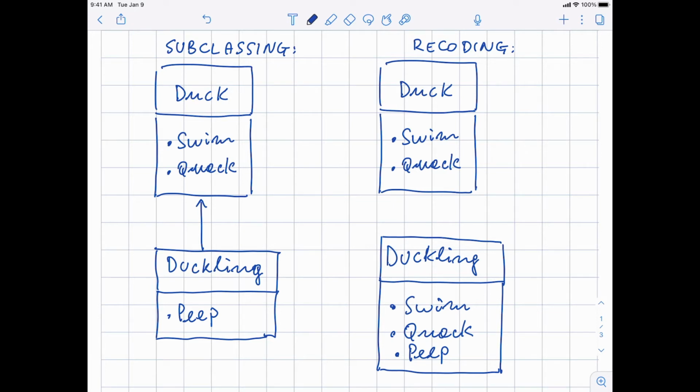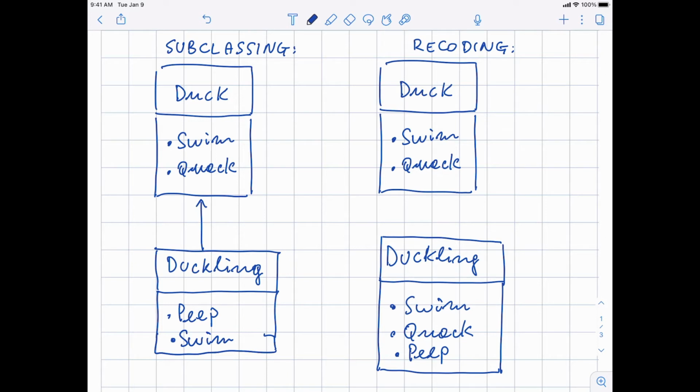So you would define first a duck class and define an implementation for swimming and quacking, and then you can define a duckling subclass defining also the peep method, and the implementation of swim and quack would be inherited from the superclass. Sometimes, of course, this doesn't quite work so nicely, and so you would have to define in the subclass also maybe the swim method, because maybe ducklings need to swim in a different way. They need to paddle a little bit more or whatever else they need to do, right? But still, you would maintain logically this organization that a duckling is a special type of duck.